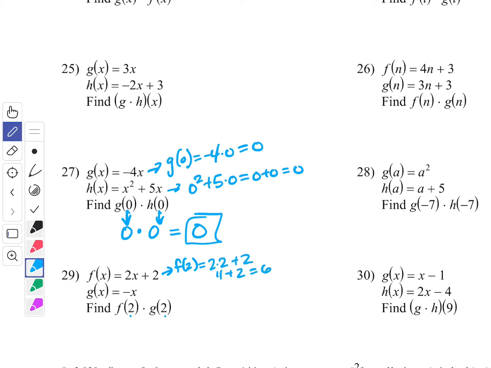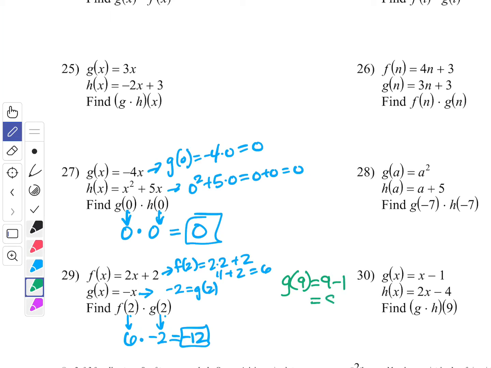So 4 plus 2 gives us 6. So f of 2 equals 6. Then negative 2 equals g of 2. That was an easy one, right? So negative 2, so 6 times negative 2 equals negative 12. So you can see it works out pretty much the same way